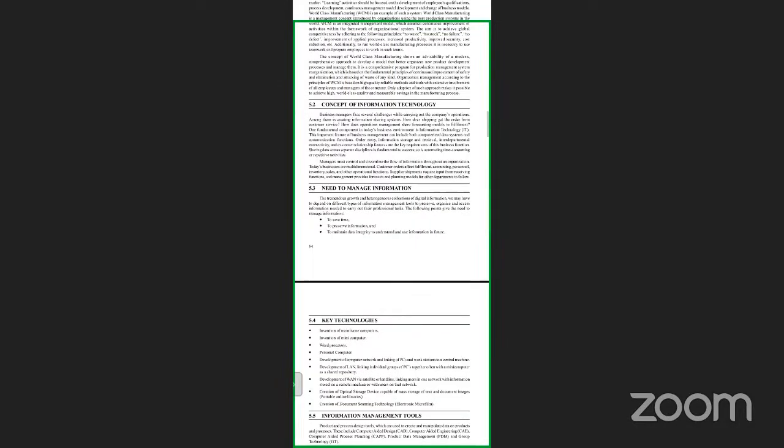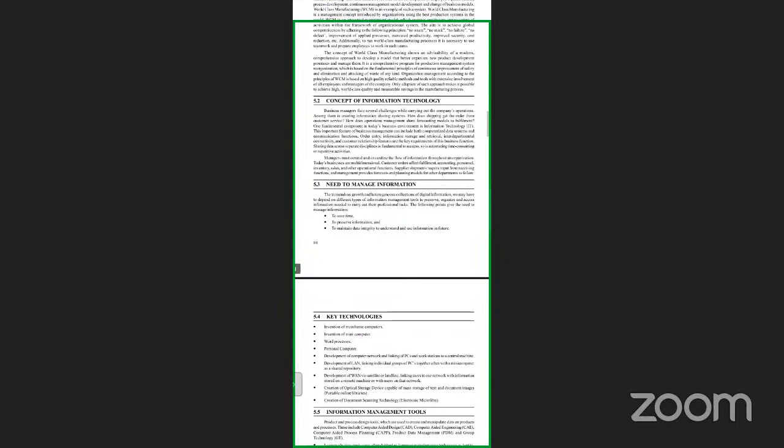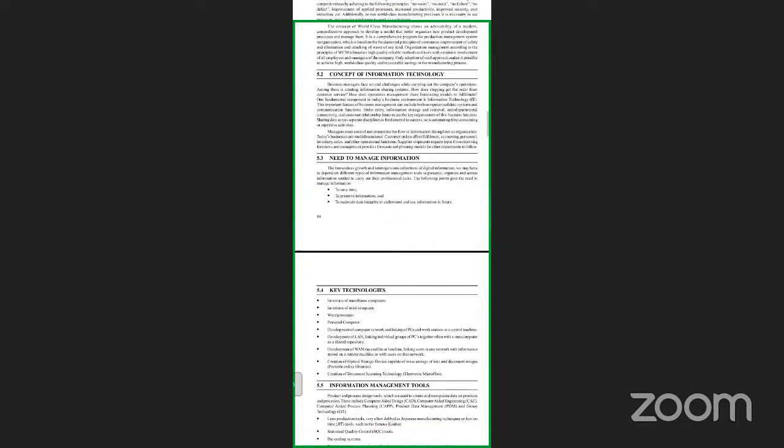Now, under that, we have different points that are needed to manage the information: to save time, preserve information, maintain integrity, and to understand and use information. Whatever information they are collecting, that has to be